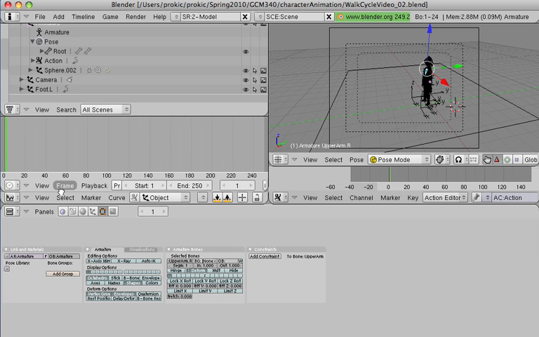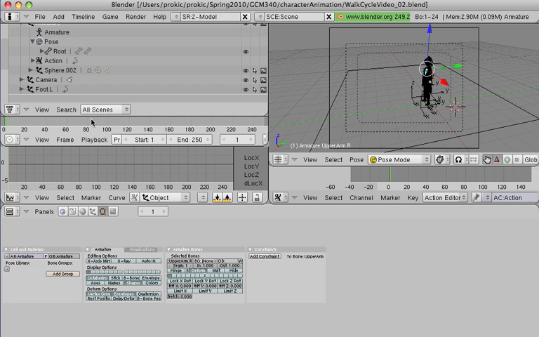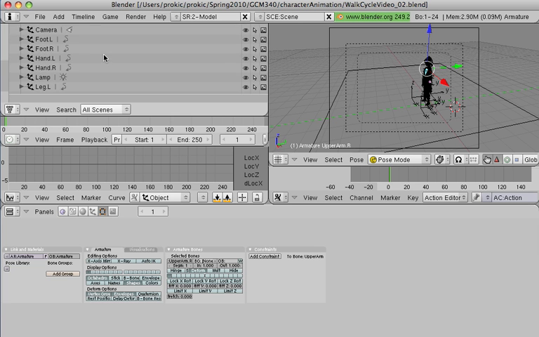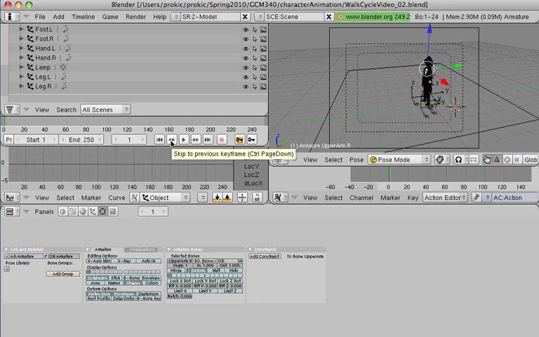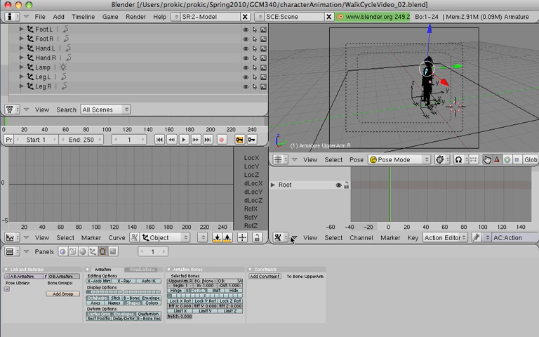I have a bunch of open panels here, windows. One is the outliner that will help me to select the right thing. This is just my timeline that will help me to navigate, go to the very beginning of my animation, or to progress to the keyframes, which is also nice, so you will know that you will not overwrite some kind of keyframe. This is my IPO, and the other thing I like to have is the